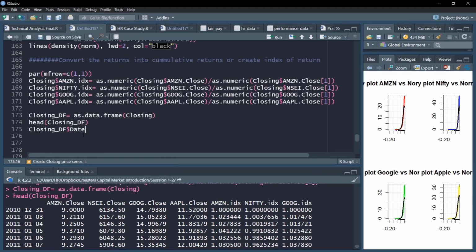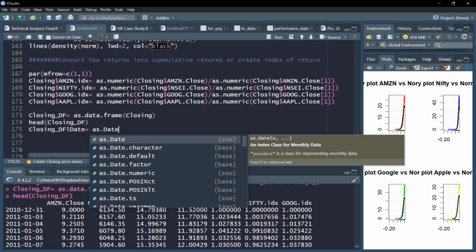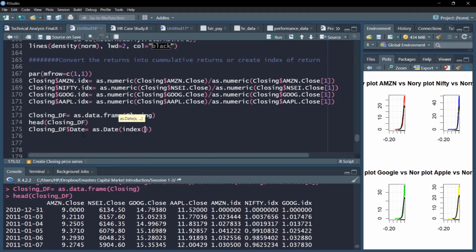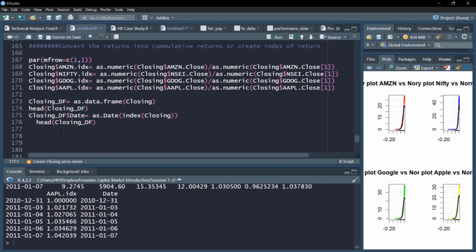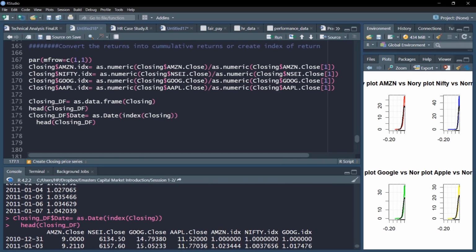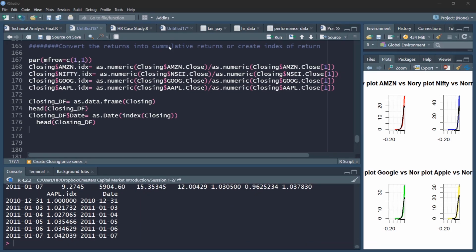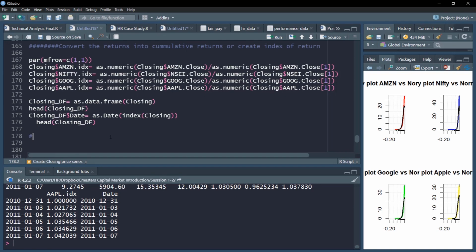I'll simply add this date variable, which is as.date, index of closing. Let me check what we have now inside head closing. So we have added the date variable as well. We are good.